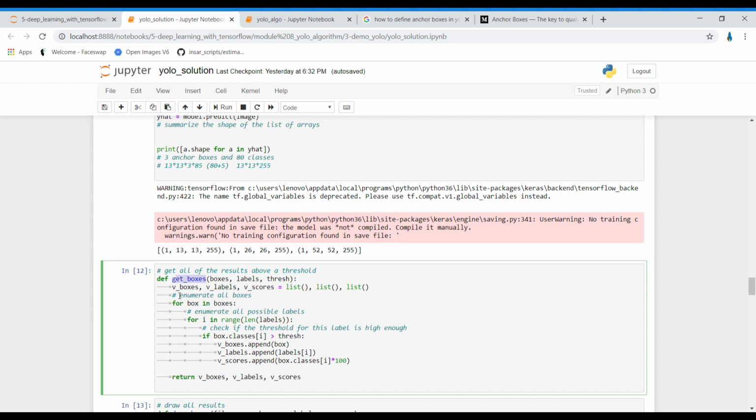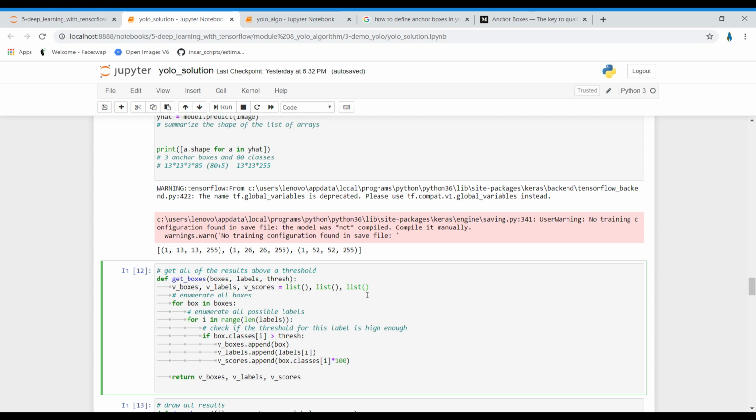And what will happen, so we are having 3 lists over here: v_boxes, v_labels and v_scores. These are the 3 blank lists. So we will store all the boxes in the v_boxes list, and their corresponding labels in v_labels, and their probability scores in v_scores, right?